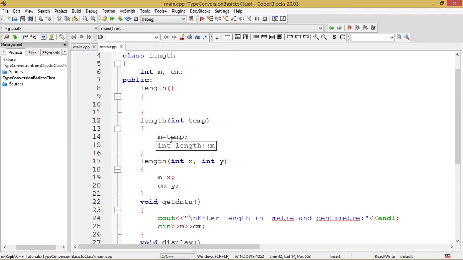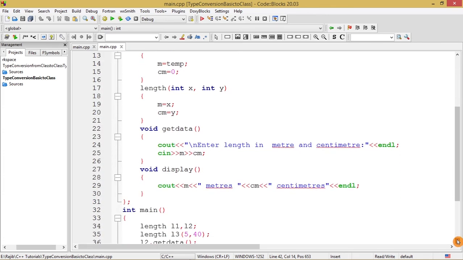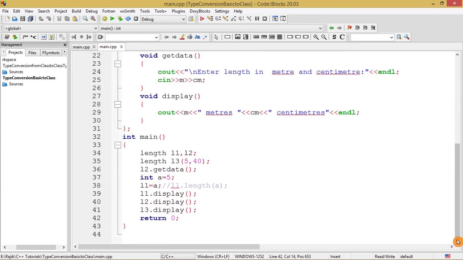So this is the function of this one argument constructor length. That is the constructor which will be invoked by this line L1 is equal to A.